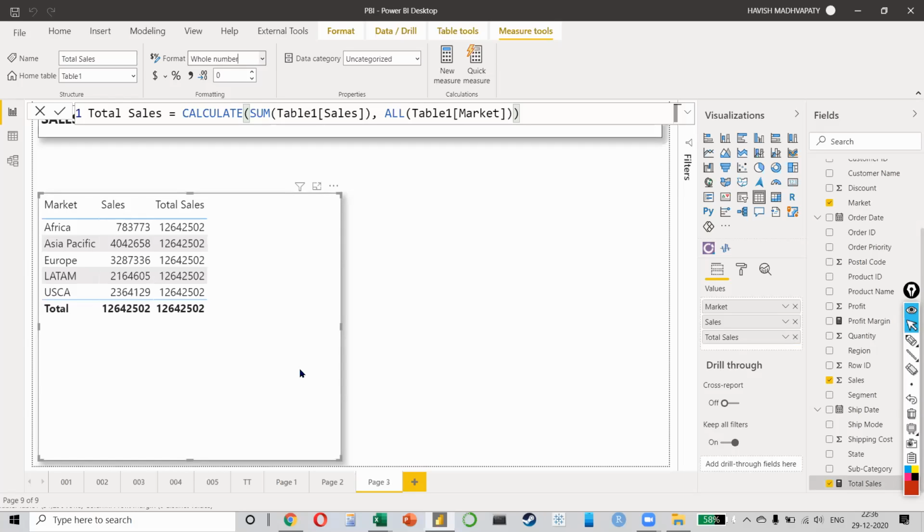Show me all the markets together. That's why the same 12.64 million is coming on all the rows. Despite the fact that there is a filter, it is still showing me all the numbers. Just see if all of you are able to reach this point.